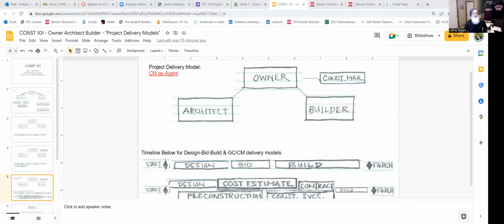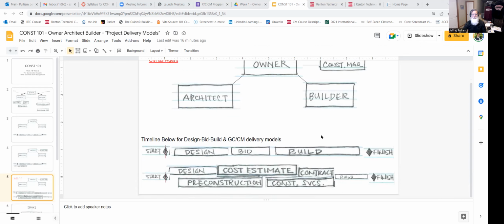All right, so welcome back, everybody. So what I want to do is go through, I think, 2 or 3 more slides. Shouldn't be, maybe 10, 15 more minutes, if I can keep my discussion minimal here, to talk about project delivery models. So you can see here in this one,